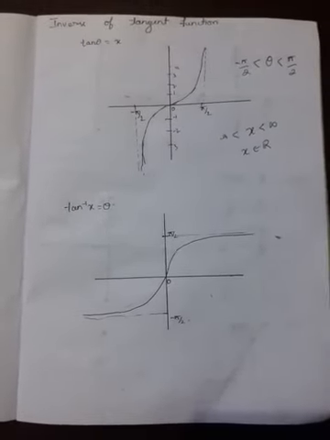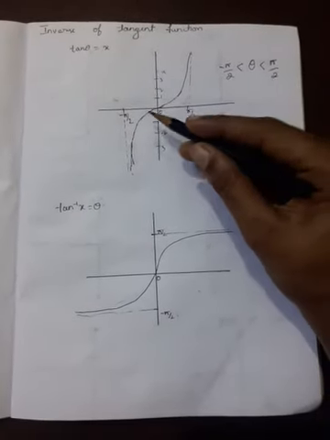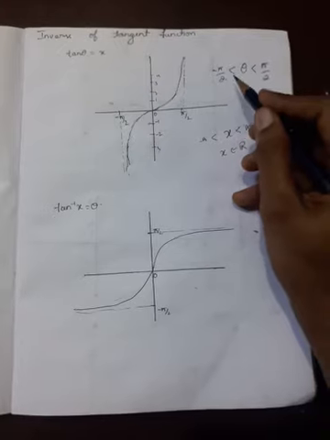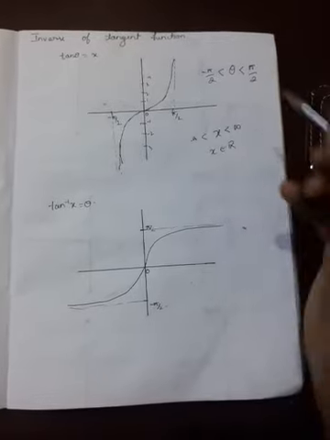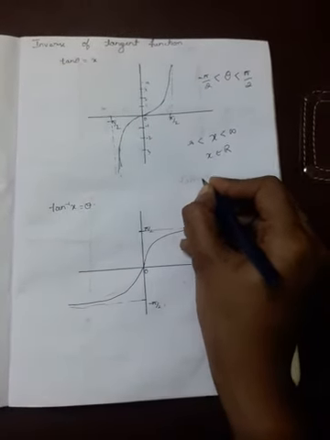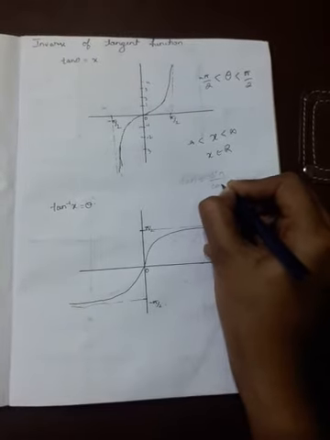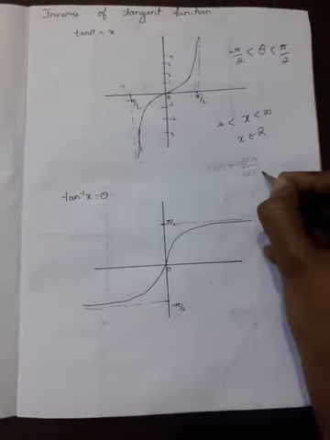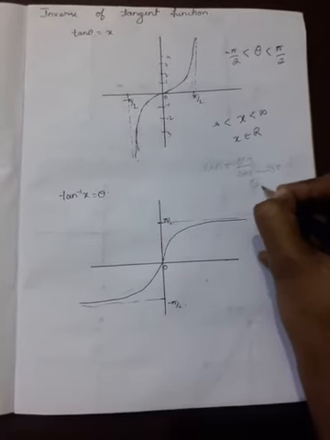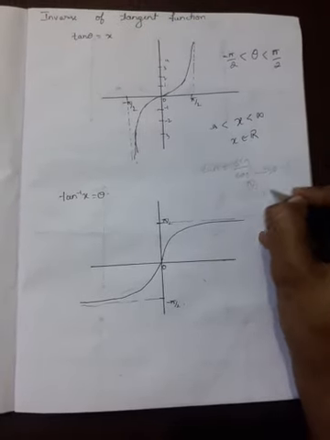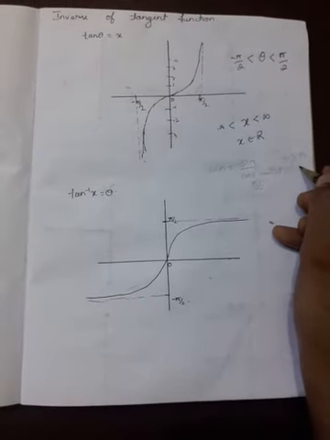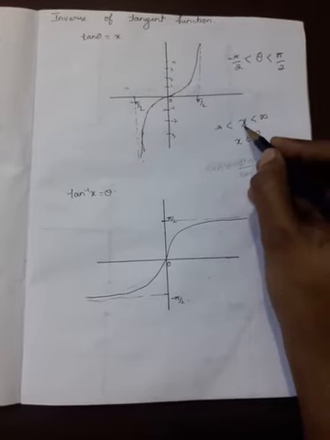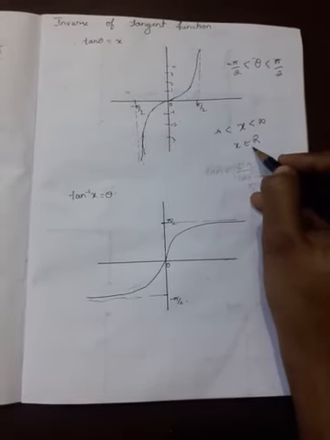The next is inverse of a tangent function, that is tan theta is equal to x. Theta varies from minus pi by 2 to pi by 2. It is strictly greater than, because it is an open interval, because we know that tan is equal to sine by cos, correct? For 90 degree, cos 90 tends to 0, and this whole value tends to infinity, therefore it is not well defined. Therefore we are taking the value of x from minus infinity to infinity, that is the whole real number.